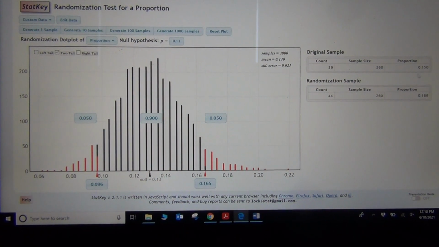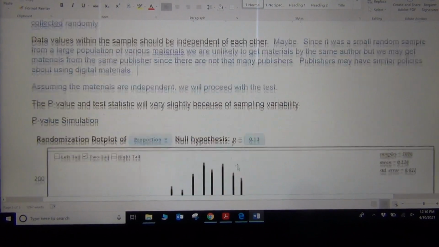Okay, so 0.15 does disagree with 0.13, but it does not significantly disagree. In fact, it's more what we would expect to happen just by sampling variability. Remember, this is a graph of sampling variability. So what we see here is it's not in the tail. Okay? So we go back to our